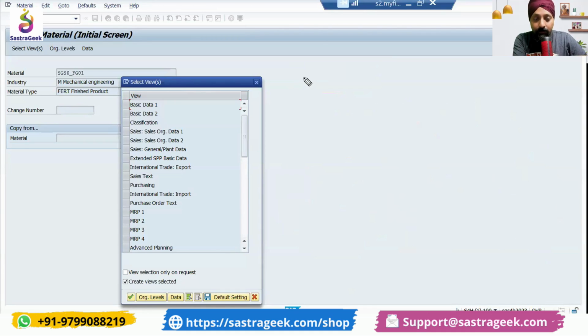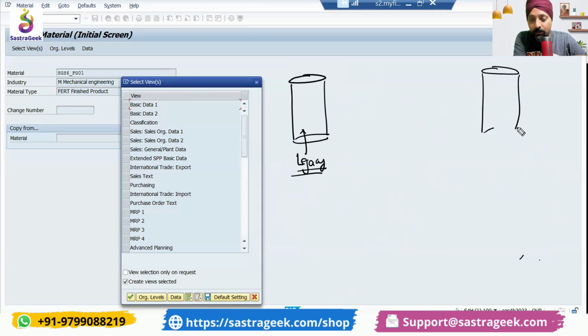Where basically we have this legacy system. We said that be a legacy system, I was using any legacy system, and that legacy system already has data. Now I'm moving it to SAP S/4HANA. Why not put some automated tool in between which can bring the data,